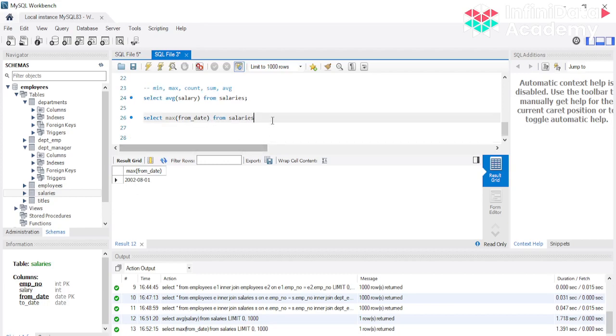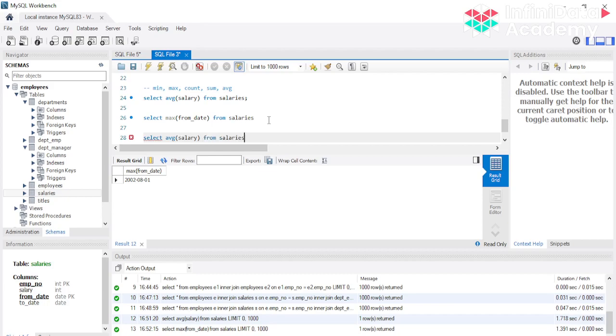So in this case, I want to see now for the recent years what is the average salary. With this average I can also apply your where clause that we saw in the select statement, right?